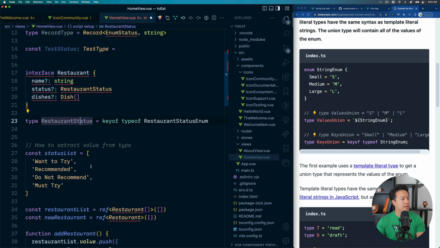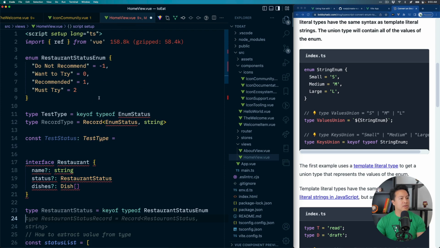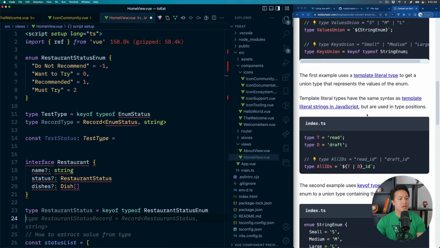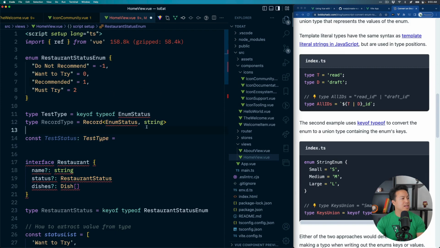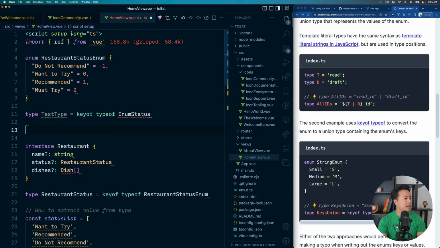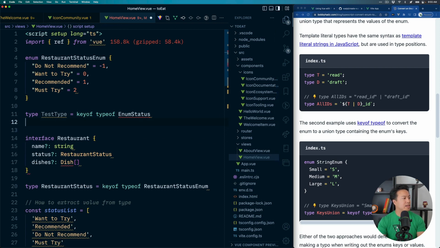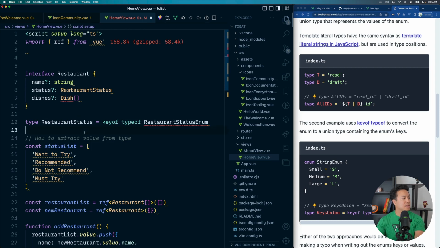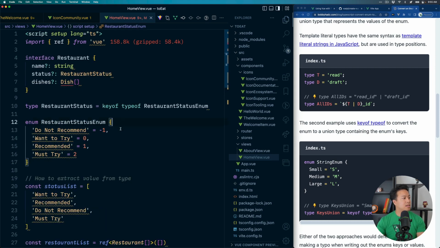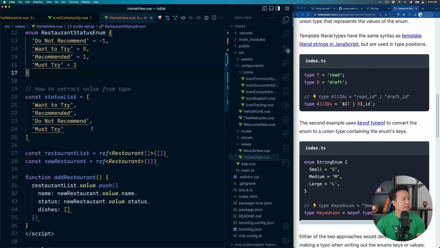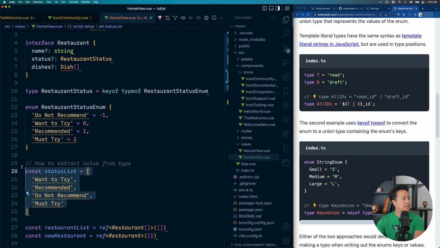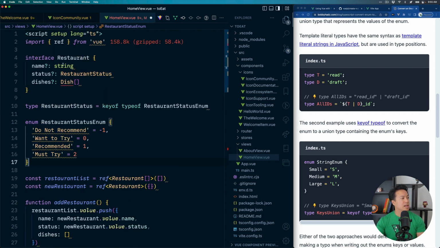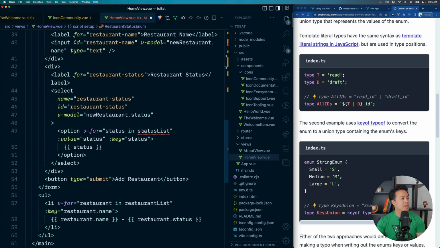And then from there, though, we can loop through that because we can then say, okay, so hold on, let's delete that, delete that. Things are breaking. That's that, enum restaurant status. This is down here. Why is it... oh yeah, it's unhappy for the ESLint. Now this is where we don't need status list anymore. And then we can basically say, okay, so now that we have this, this is what we're gonna do. So in key of